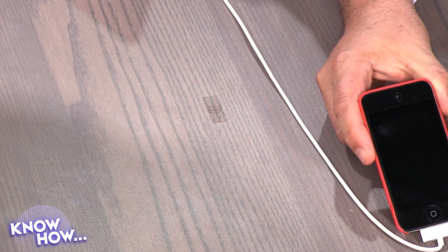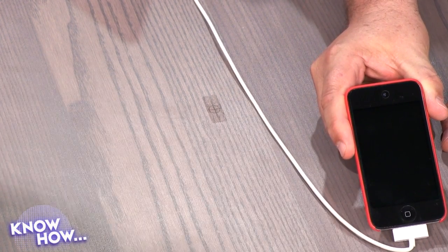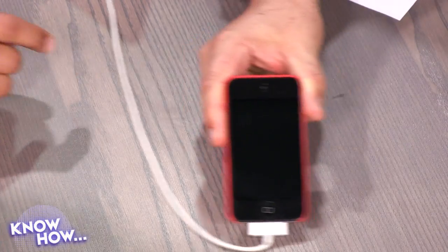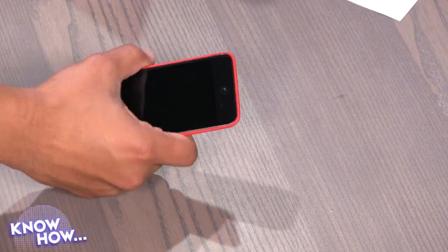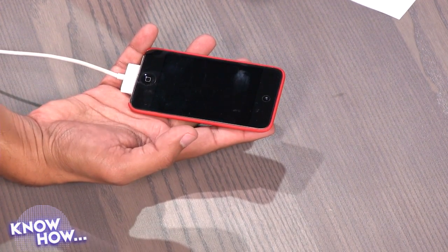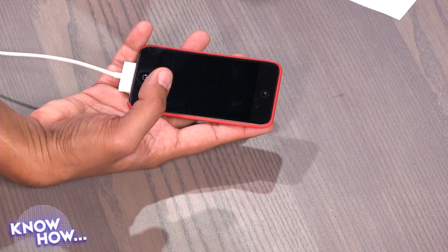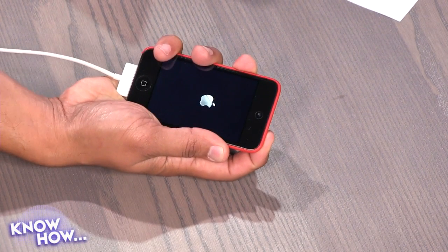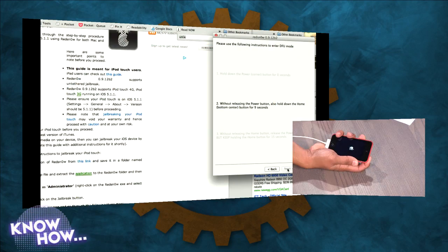It's off. All right. Now, there's a sequence of events that are actually explained in the software, so I need to grab that. It's on the PTZ. Because there are actually some physical things you have to do to the iPod or iPhone while you're doing this. So you have to put it into a special mode. Hold down the power button in the corner for 2 seconds, and there's a countdown on the screen. You're going to put it in what's called DFU mode.